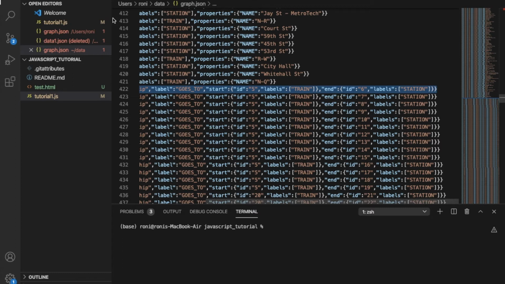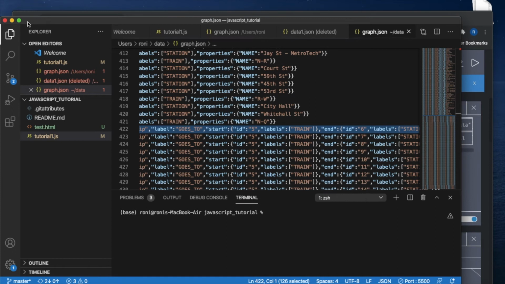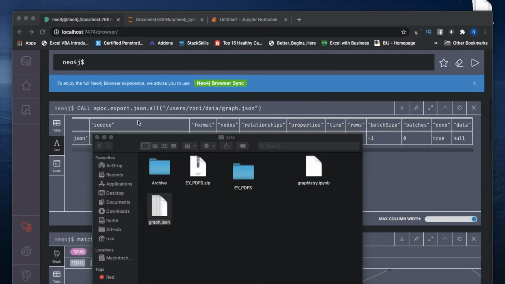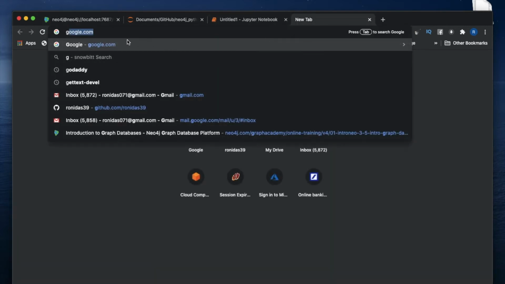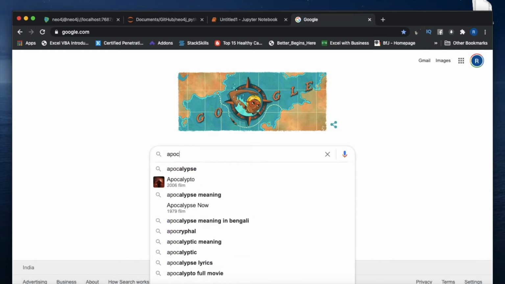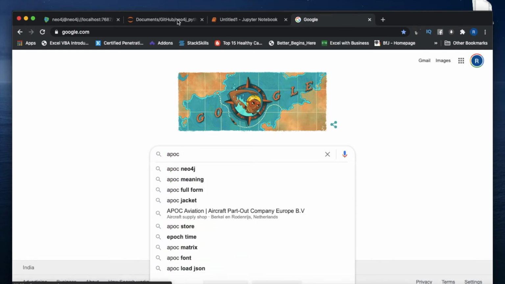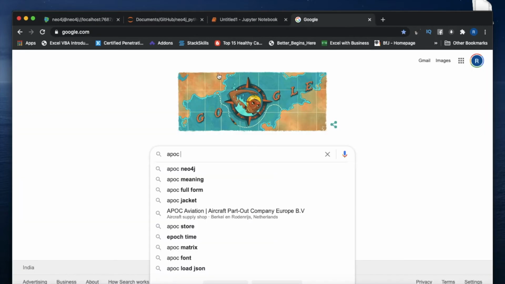so let me do one thing. Let me try to run this again from Python. But before I do this, let me explain. If you do it here, you will get a very simple thing, and there is another way of learning this. So what I'll do, I'll go to Google. If you want to learn something more on this, search Apoc, and after that what you have to do is copy and paste this thing,